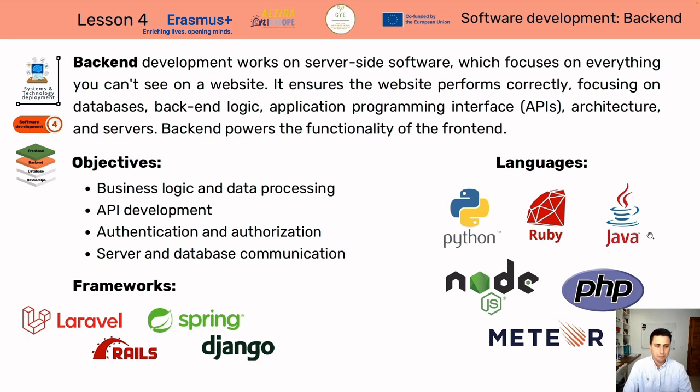And here, like in the front end, we have several languages, and also we have frameworks that make it easier to code.